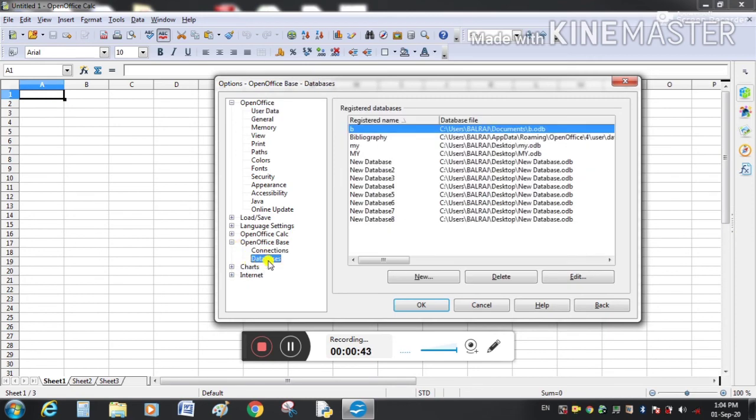When you click here on databases, you can see all your registered databases, and the name of our database was new database. Select it.